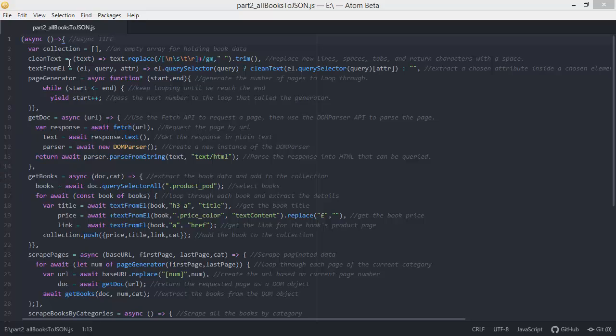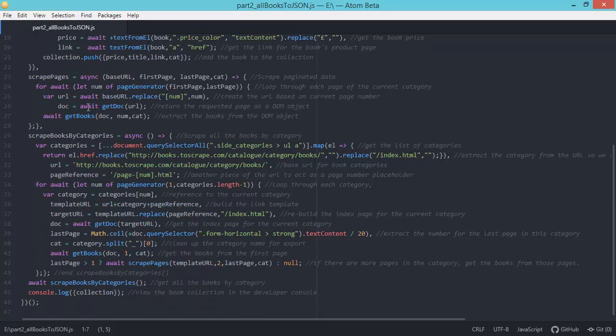Starting on the first line, the only difference from the last tutorial is we added the async keyword. The async function declaration defines an asynchronous function, which operates asynchronously via the event loop, using an implicit promise to return its result. The syntax and structure, however, is much more like using standard synchronous functions. We pair the async keyword up with this other keyword called await, and if we look down here on line